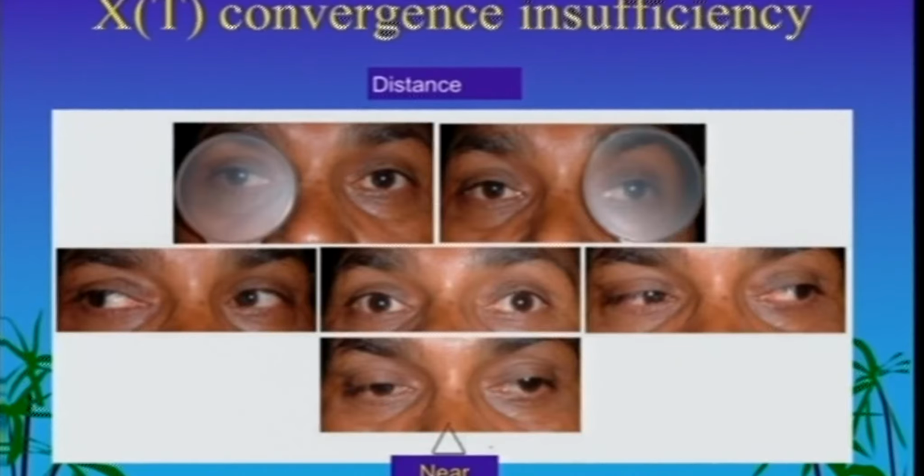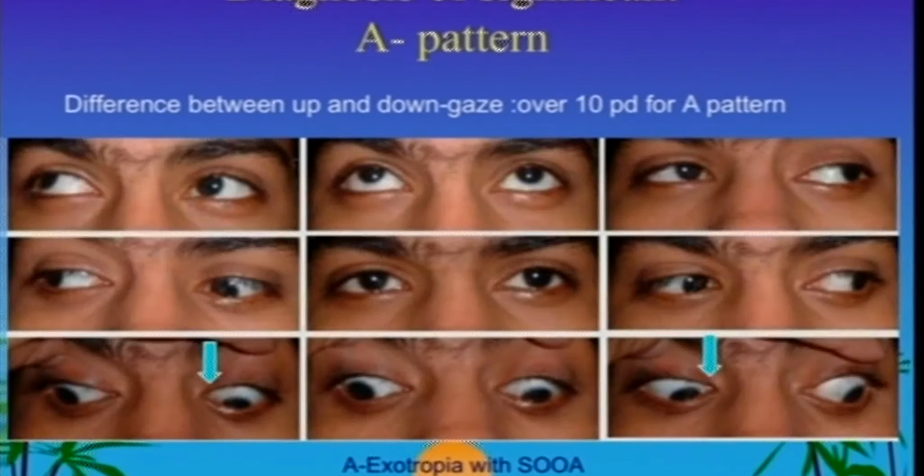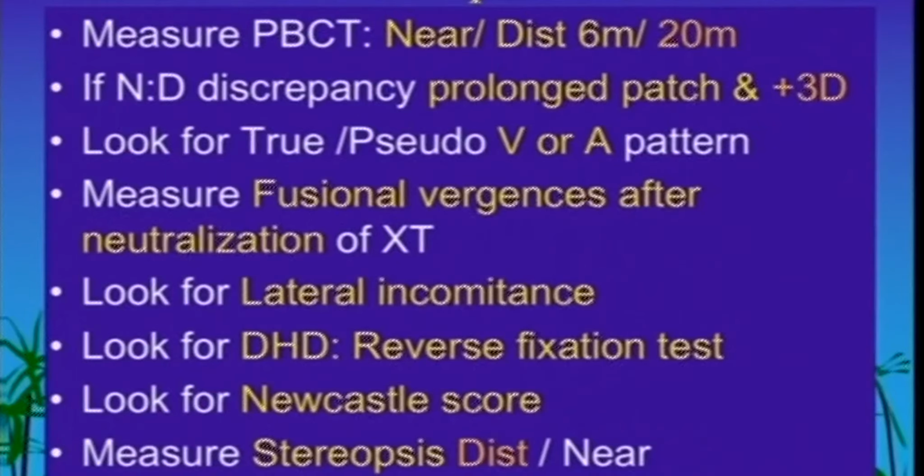Some cases may present as convergence insufficiency. That means for near, the deviation is much larger than what you have for distance. Again, they may vary in up and down gazes. They may have associated V patterns. That means in up gaze, the exo is more compared to the down gaze, and associated with inferior oblique overactions. Sometimes the inferior oblique overactions may not be there, and still there is a V. Or they may present as an A pattern. So they may present in different forms, and I think we should be detecting it. There can be combinations of this. There can be divergence excess with a V pattern, and you need to check that because your management would depend